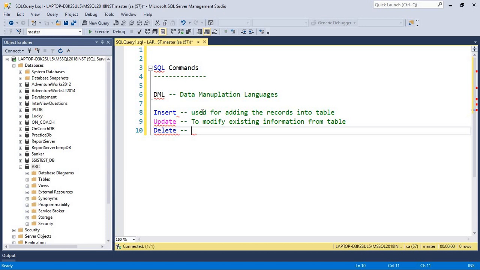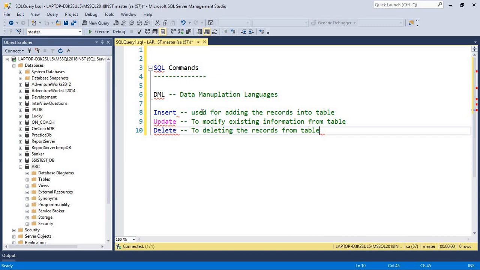Delete means to drop a record from the table. So to delete a record from the table, we can use the delete command, for deleting the records from a table.